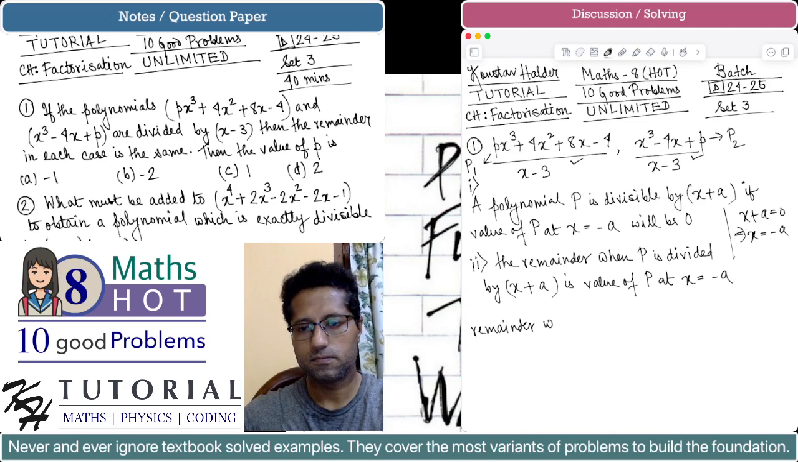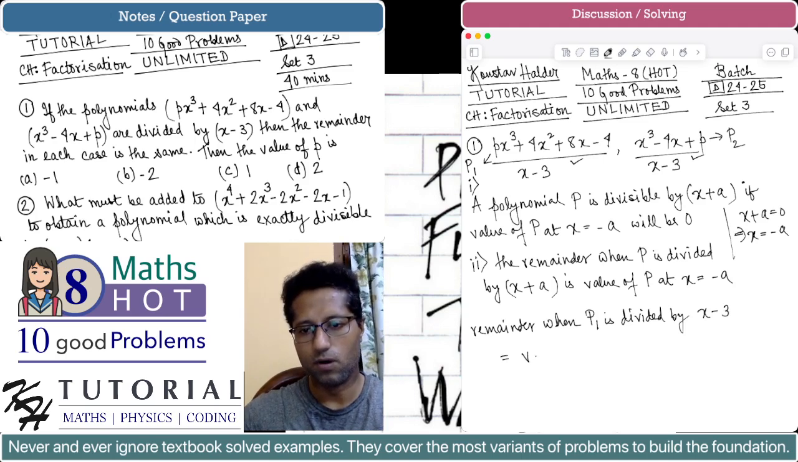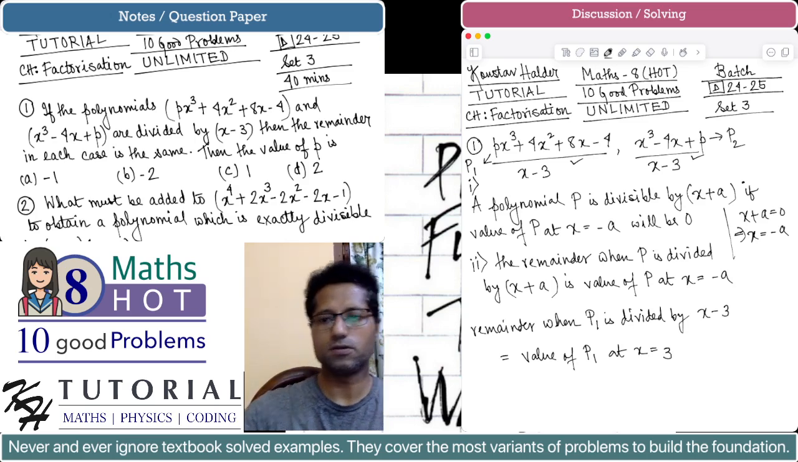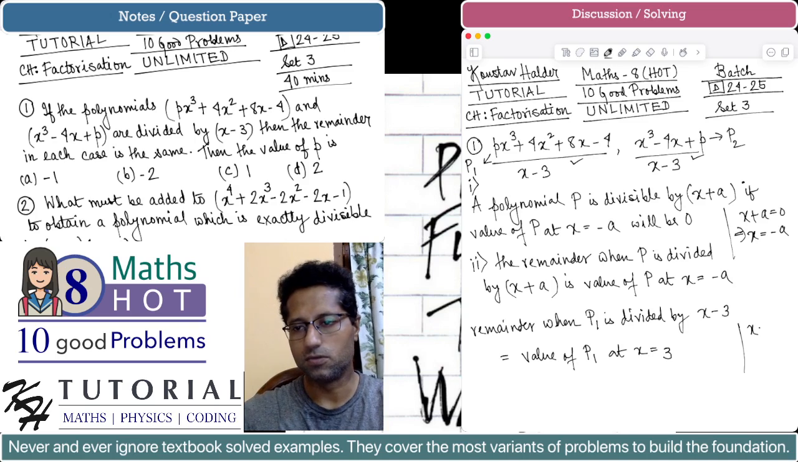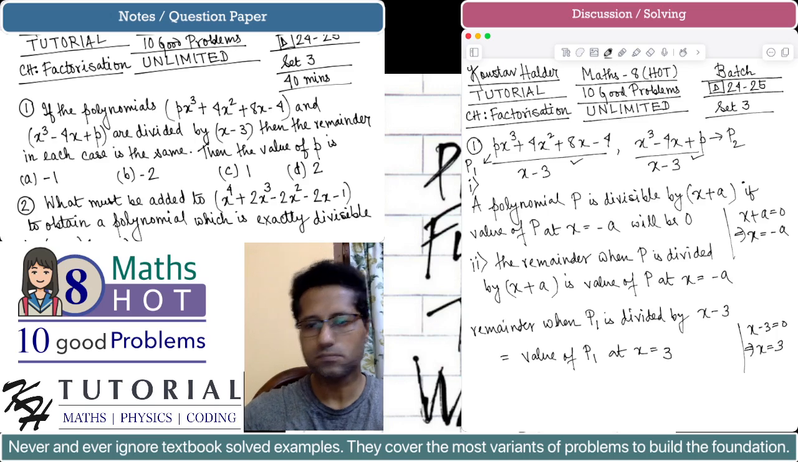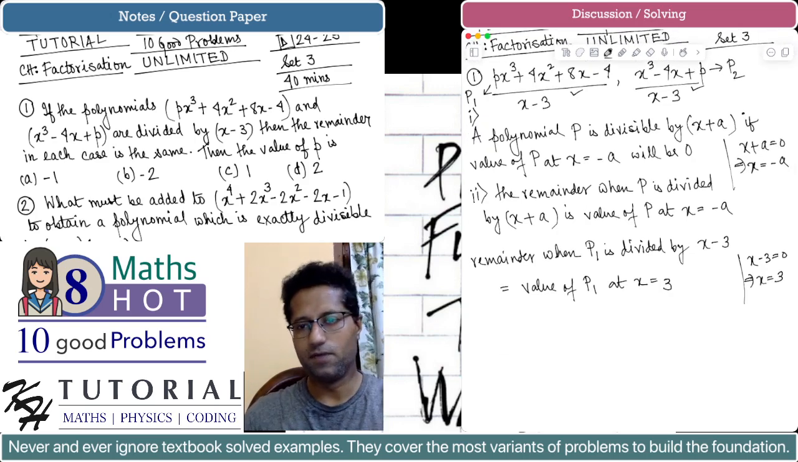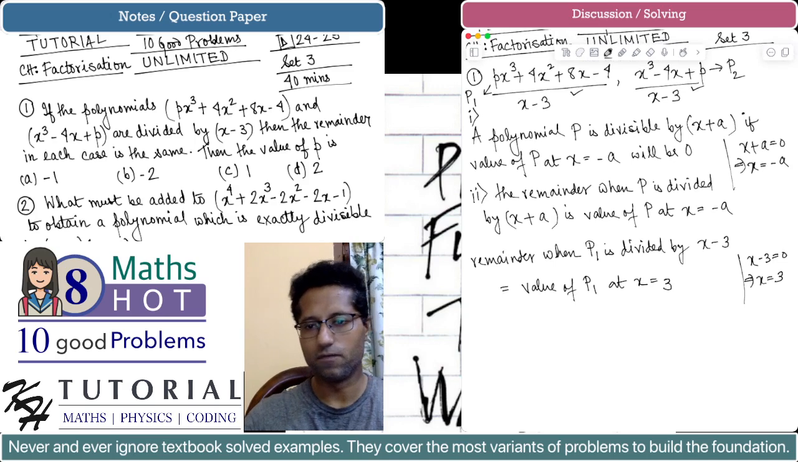when p1 is divided by x minus 3 is equal to the value of p1 at x equals 3. Why equals 3? Because if you equate x minus 3 equals to 0, you will get the value of x as 3. So the remainder when p1 is divided by x minus 3 will be the value of p1, that is a polynomial, at x equals 3,